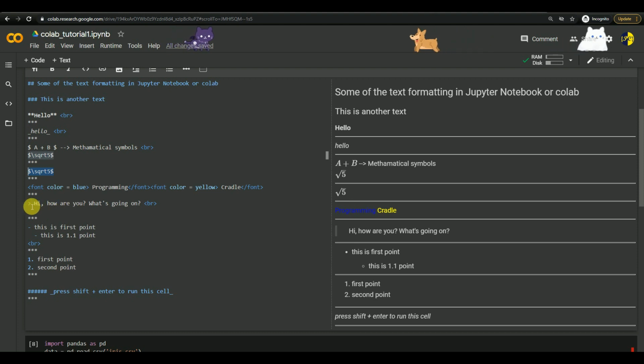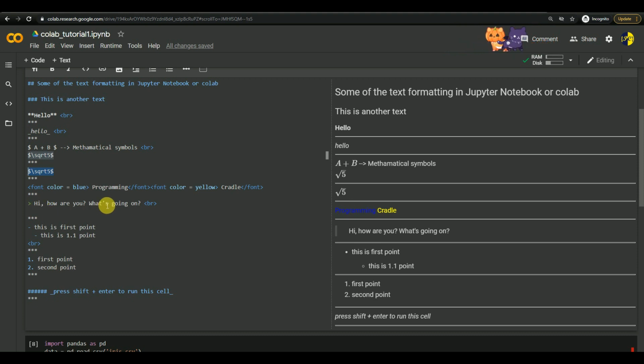And if you want to indent your text with this little bar in front, it is called something, but I'm not able to recall it right now. If you know it, please let us know in the comment section. It will be helpful for others and for me as well.